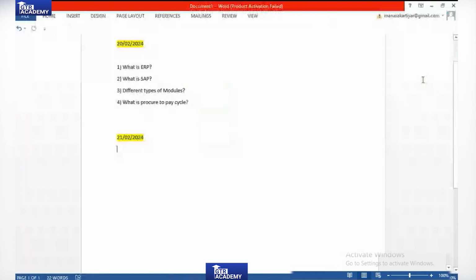Coming to ERP, it is a software which flows data from one department to another, the functional units like